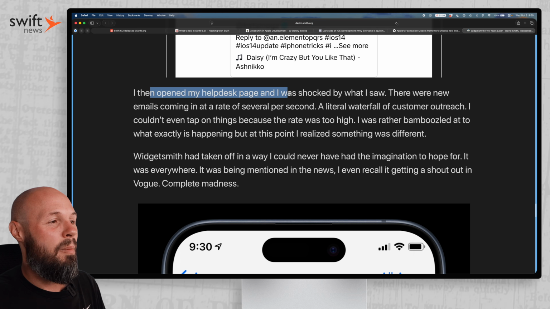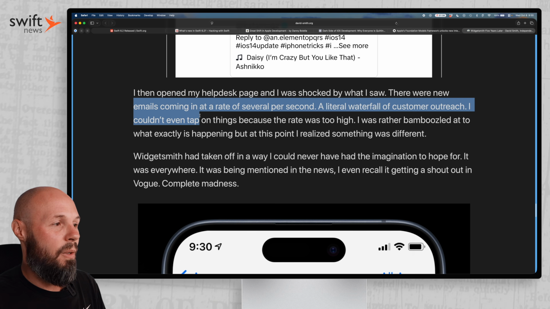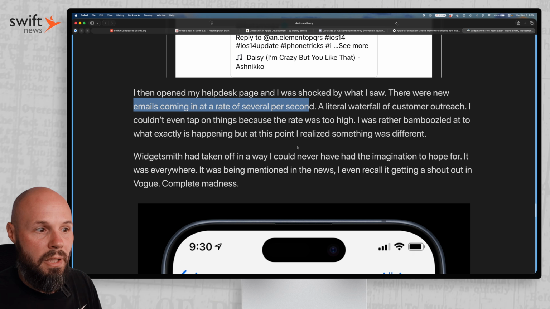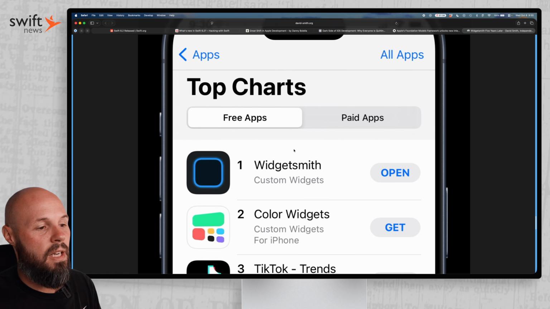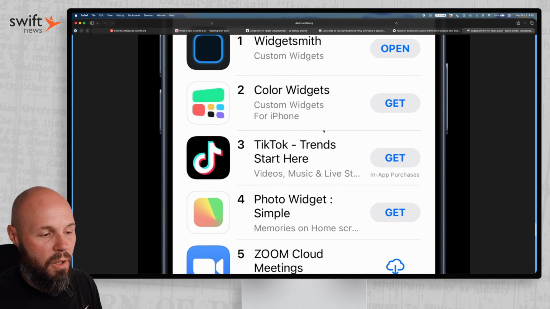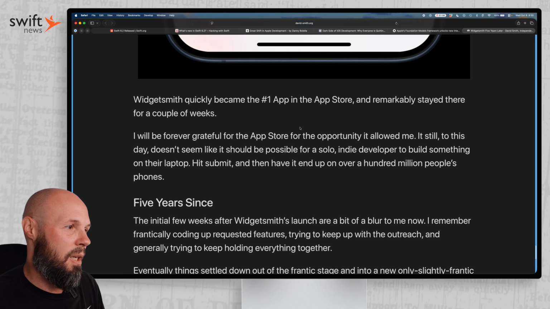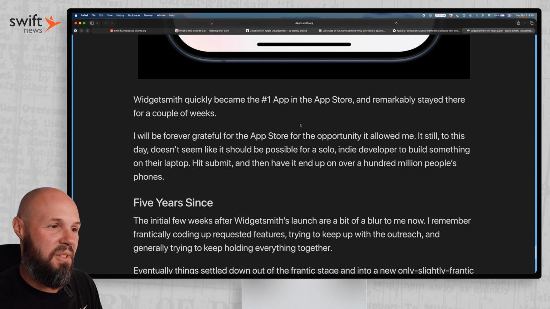But he says, then I opened my help desk page and I was shocked at what I saw. There were new emails coming in at a rate of several per second. Like he said, I literally couldn't click on them. So it had taken off in a way he never expected. It was #1 on the charts, changed his life, like he said. I don't know if he's ever said the amount of money, but I'm sure it's at least 7, probably multiple